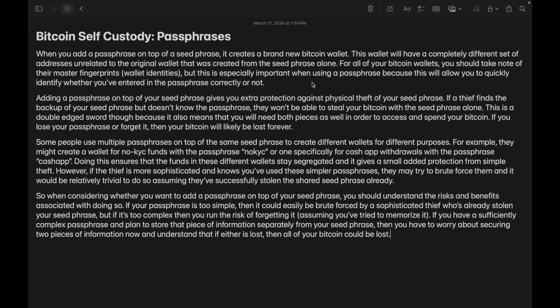Okay, so when you add a passphrase on top of your seed phrase, it creates a brand new Bitcoin wallet. Okay, this is something that's important to understand. This wallet will have a completely different set of addresses unrelated to the original wallet that was created from the